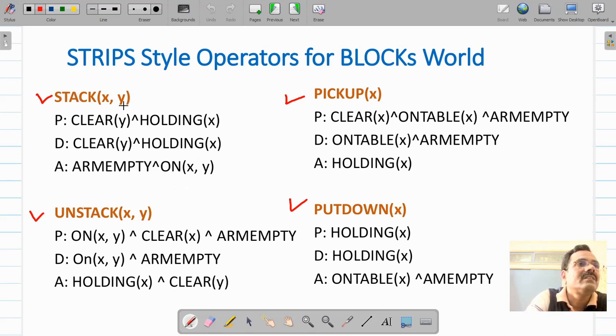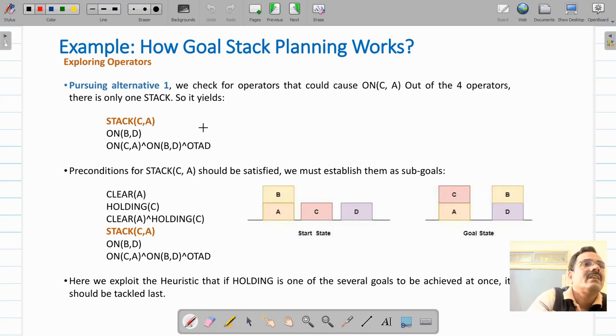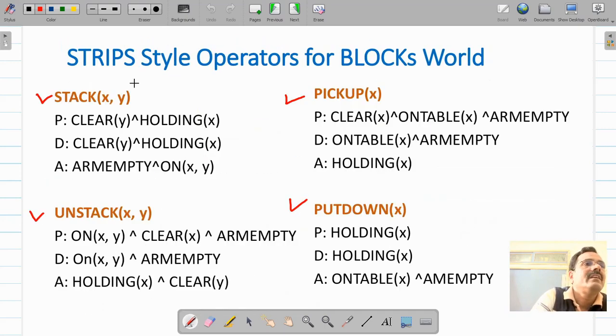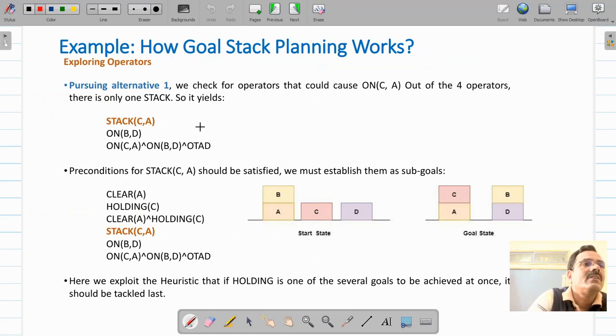Now to perform stack XY, the precondition that has to be satisfied is clear Y and holding X. Replacing X and Y with C and A, that is clear A and holding C. So these are the two sub goals that you will have to achieve: clear A and holding C.